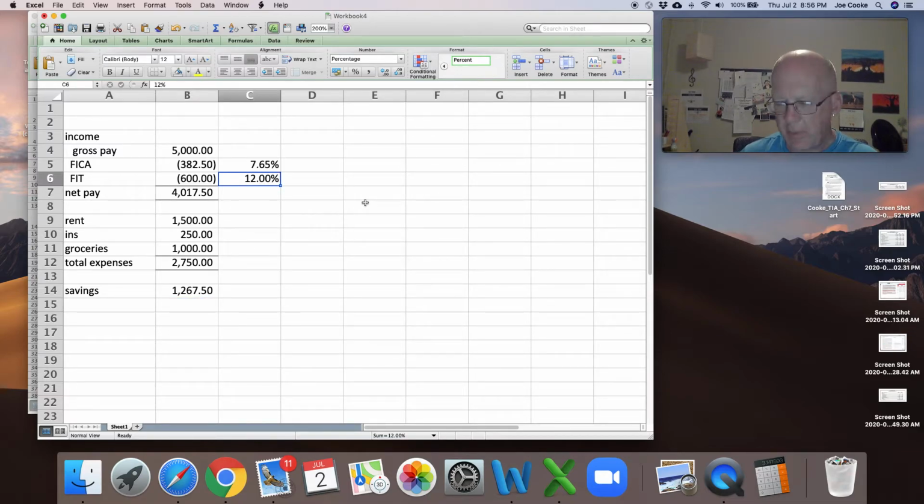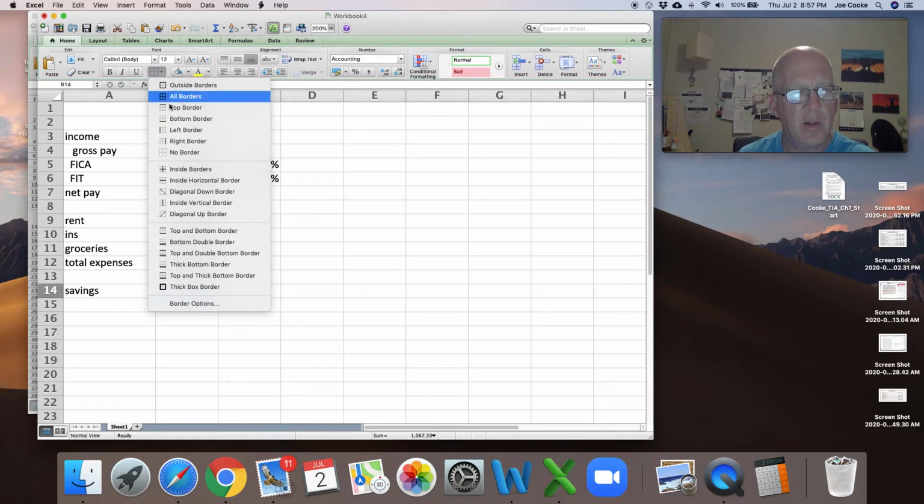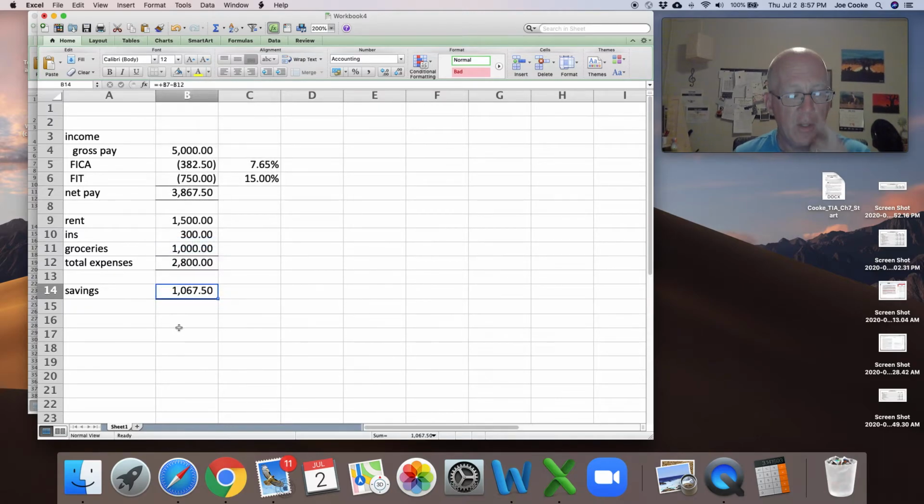So change my federal withholding to 15%. And it recalculates everything, and change my insurance to 300. It recalculates, put a double underline under the total. And let's see, what else could I do for, oh, there is a,